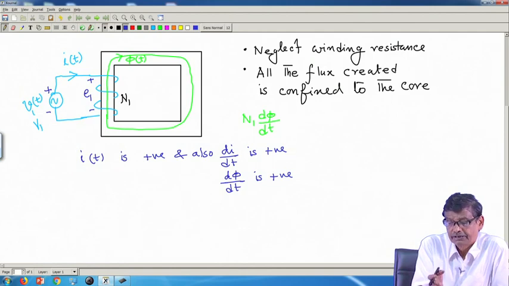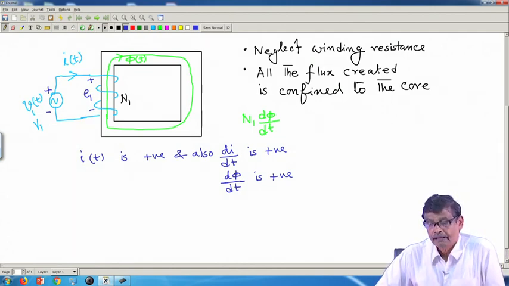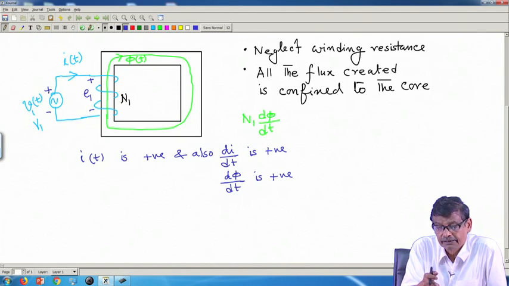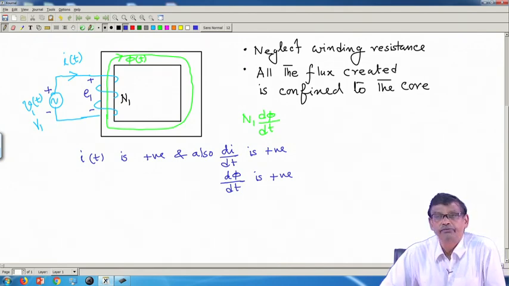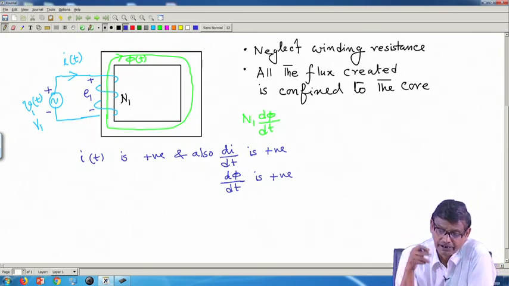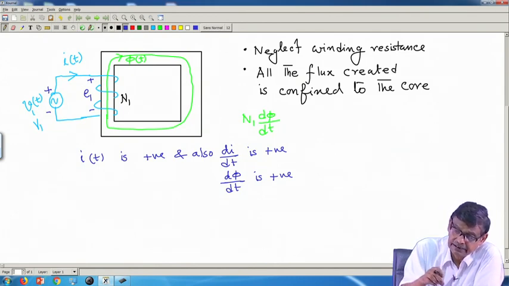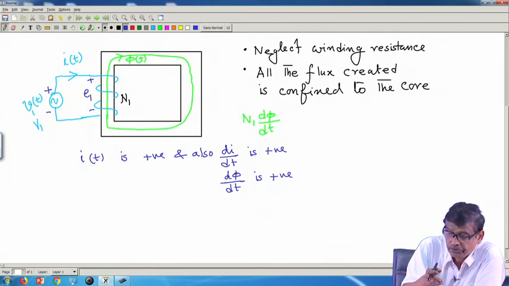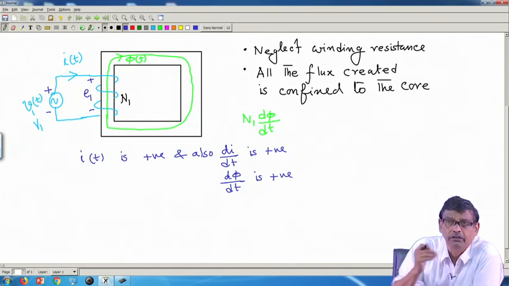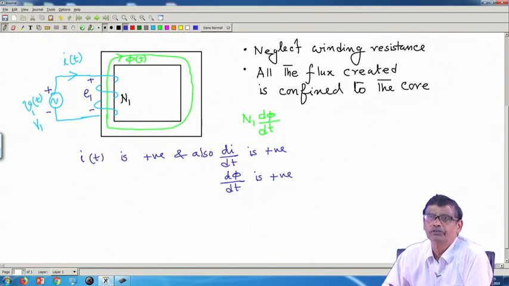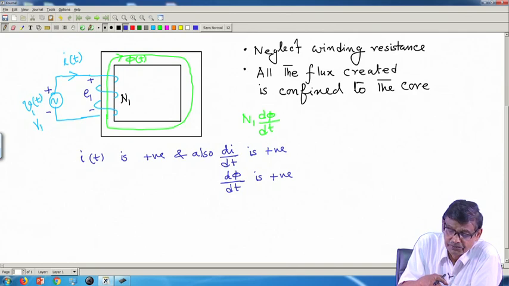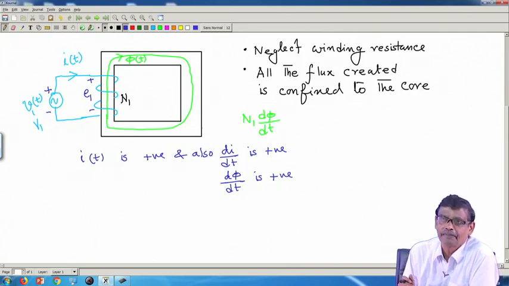Therefore, applied voltage and induced voltage, and as I told you, it is a magnetic circuit, only the coil is excited by a voltage source, an AC voltage source. Now, in this case what happens? The second argument was that the current is expected to vary sinusoidally, therefore flux will also vary sinusoidally, d phi dt will also be sinusoidal. Therefore, induced voltage E1 too has to be sinusoidal.